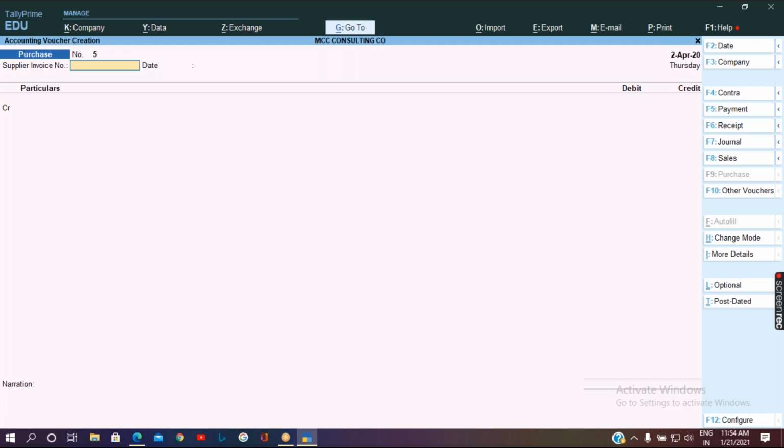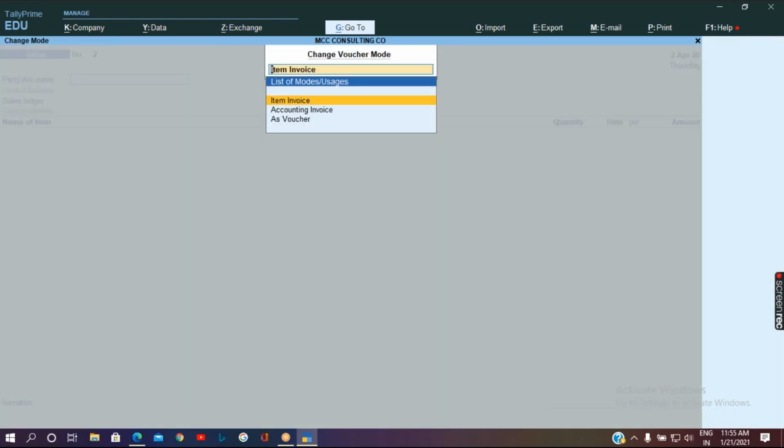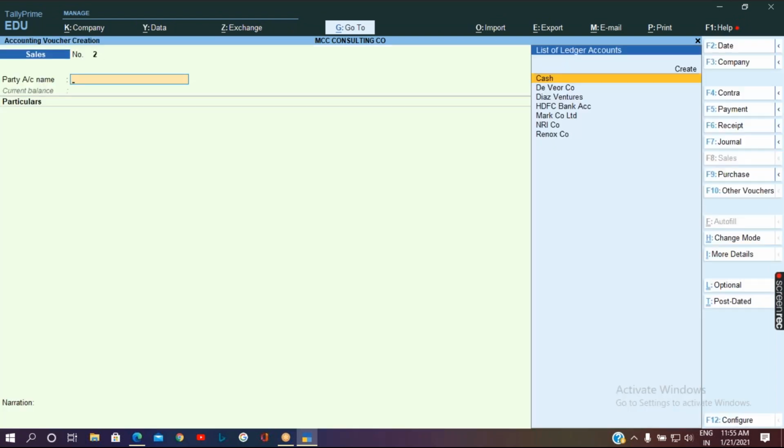So let's pass the sales entry, F8. Let me pass it in accounting invoice only. Let's check it out, so do we find it or not? Let us assume that we are doing a cash sale.